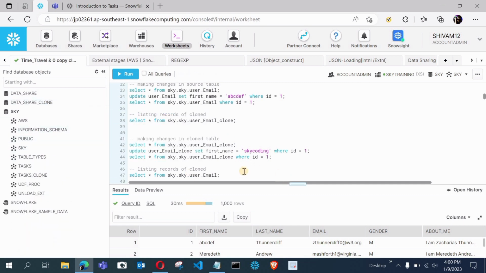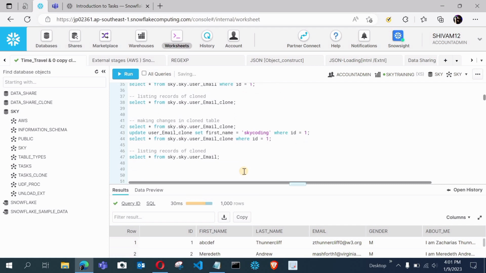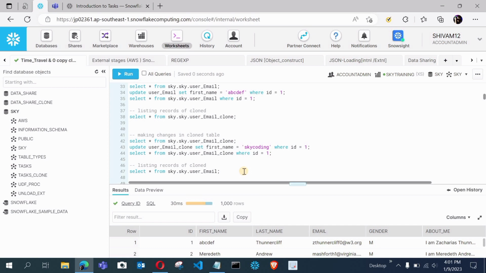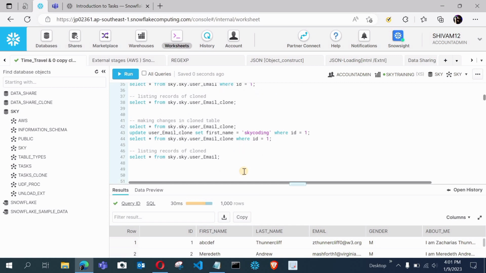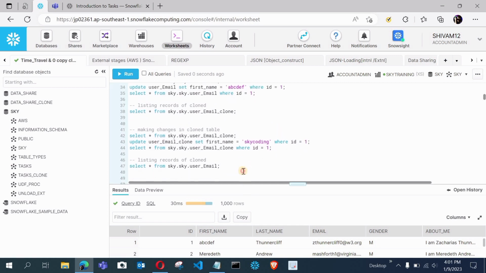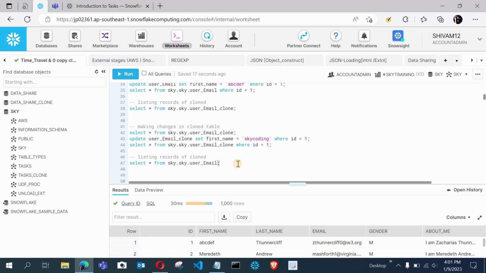First of all, this is all about cloning. We have verified that whenever you do any changes in the clone table as well as in the source table, these changes will not be reflected in each other's table, and these two tables are independent. That's the proof which I wanted to show you. So this is all about zero copy cloning of the table.